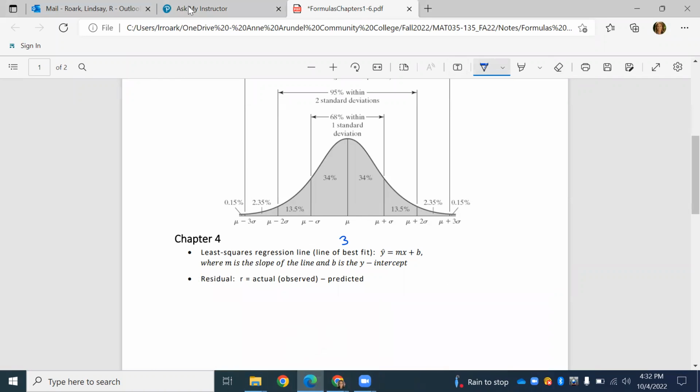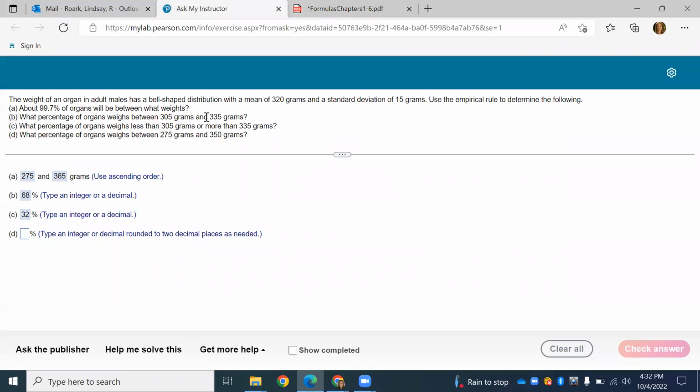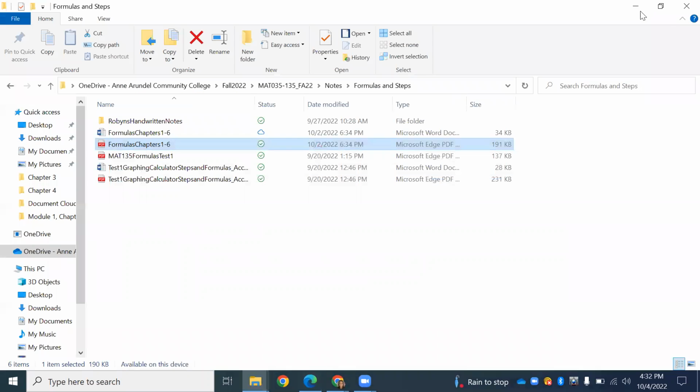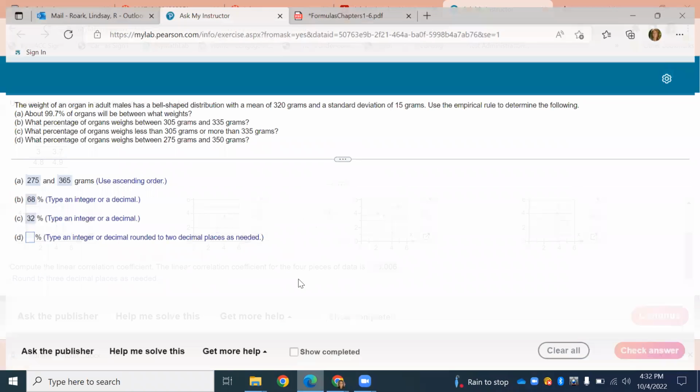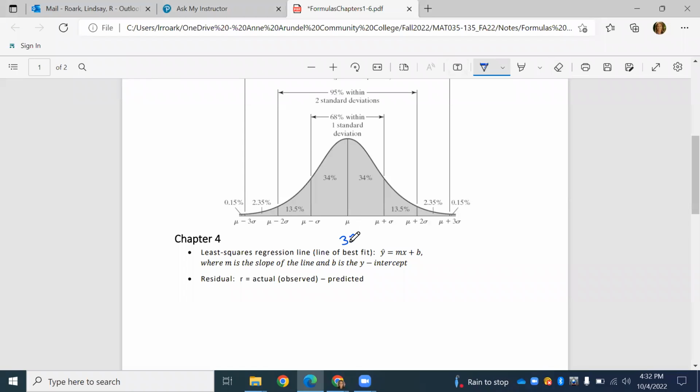So back to our question, remember we had 320 in the middle and we had labeled it to the left and to the right. And that's what we're going to do here as well. So we have 320, we label it to the left, label it to the right. Okay. So for the question that they asked before that I said there was another way to do it,